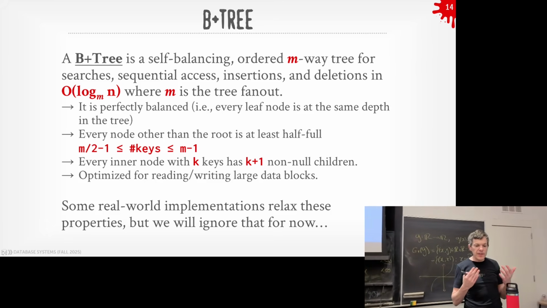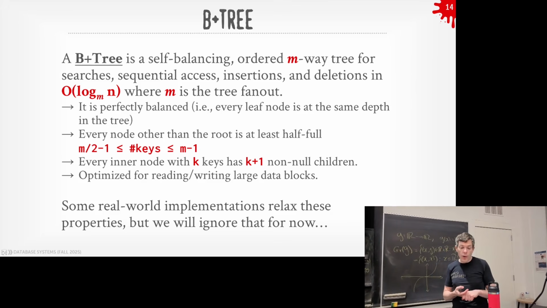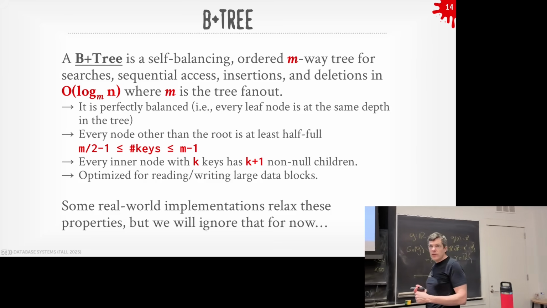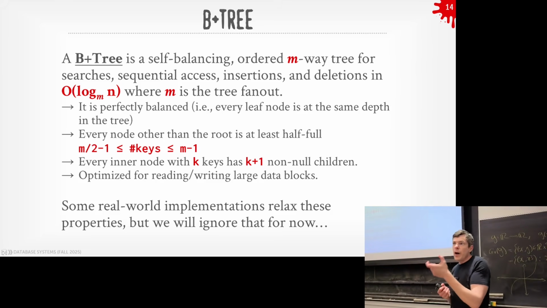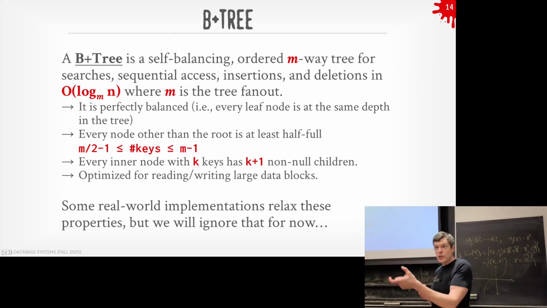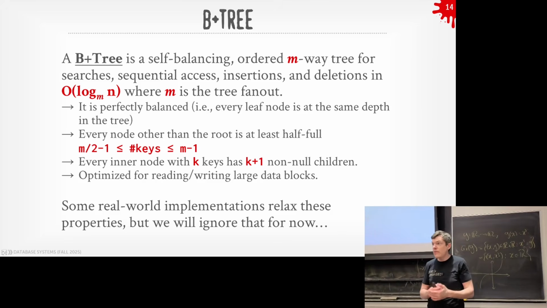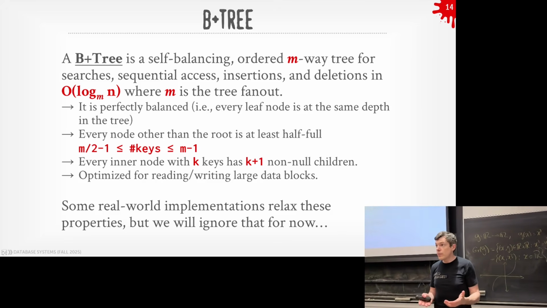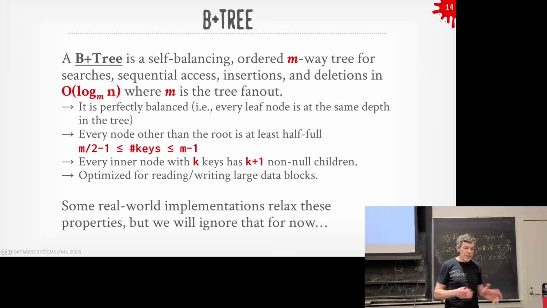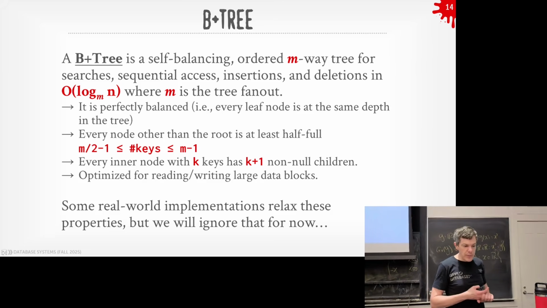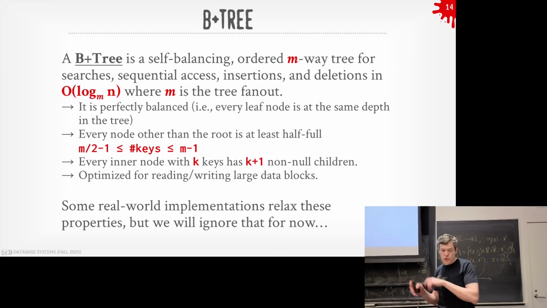And so the reason why this data structure can be so important, especially in the early days, but even now with modern hardware, is that it's optimized for reading and writing large blocks of data very efficiently, right? This data structure is going to convert what would otherwise be potentially random I/O into sequential I/O. And as we said in the beginning, that's going to make a big deal when it comes to the constant time factors for running our system, right? If we can maximize the amount of sequential I/O, then we're going to get better performance. And as I said, some systems that implement the B+Tree will relax these properties, but we'll ignore that for now and go strictly by this definition.